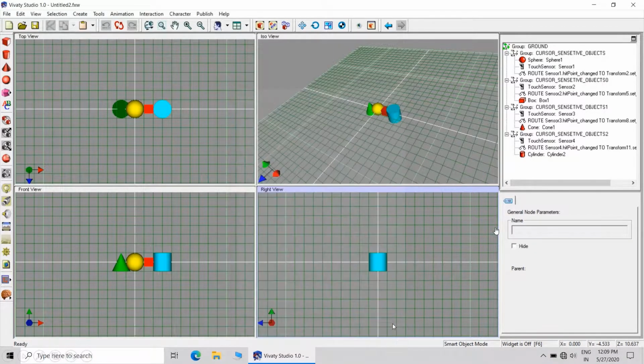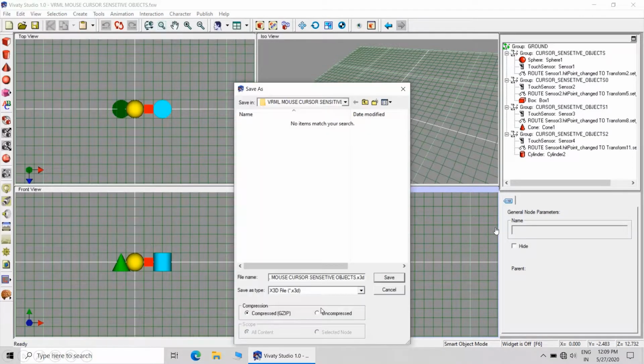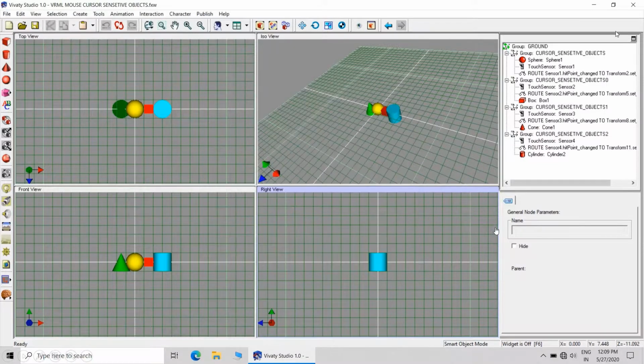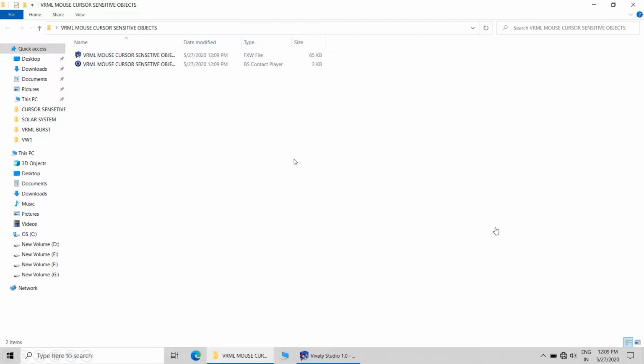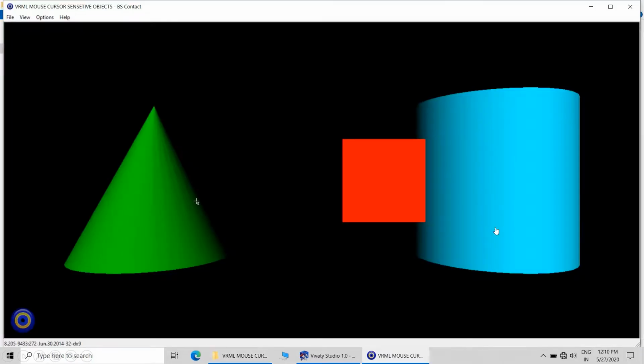Export it into VRML format, and now we will see the output, and the output is like this. Reset.